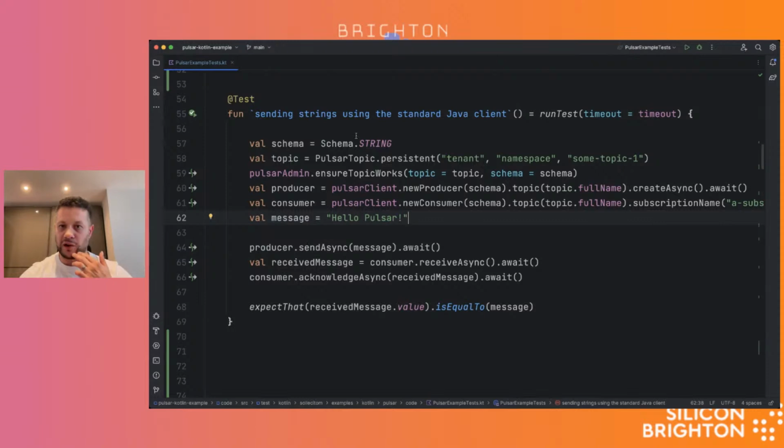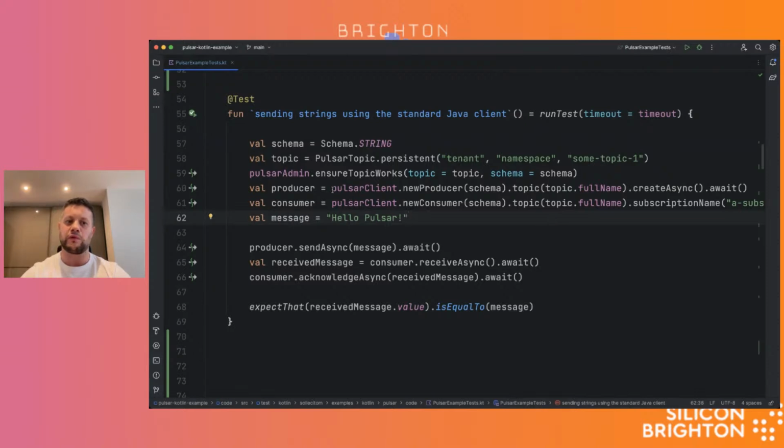So here I'm saying, okay, run a test, which gives me a coroutine scope, which I can use for coroutines. The main idea behind coroutines, I'm sure you all know, is that I can do non-blocking operations in a way where it actually looks like it is blocking.